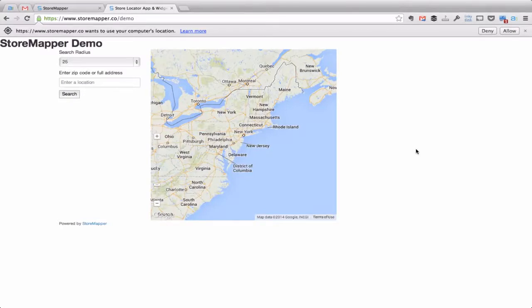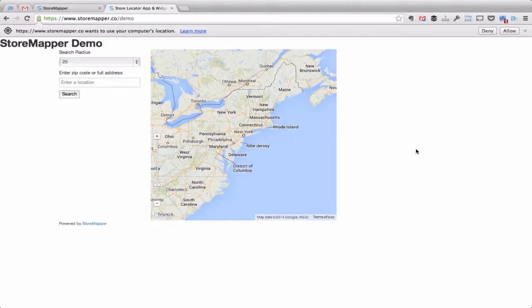Customization is where Storemapper really shines above the competition. Storemapper has a myriad of built-in settings and options so you can get it looking just the way you like it. And remember, you can always customize almost every aspect of Storemapper using CSS and JavaScript on your own website if you have a developer or designer who can do it for you. Storemapper is one of the most flexible store locators on the market, and we're going to walk through all the